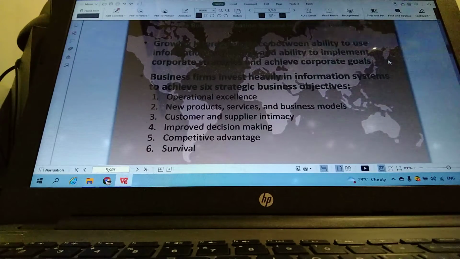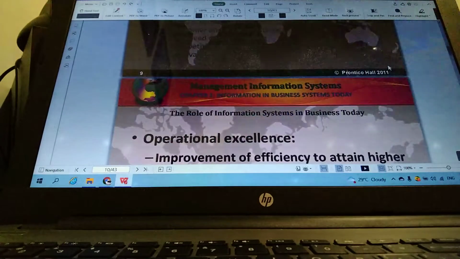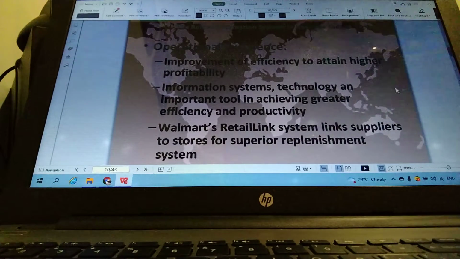Infrastructure investment is very high, and it must also get very strong support from the senior management. If the senior management does not agree, or does not look at these ideas or accept these strategies, then definitely the company or the business will be wiped out. So with that, let's run quickly through the next couple of slides to discuss each of the strategies, which is quite useful for your assignments as well as for your exam.